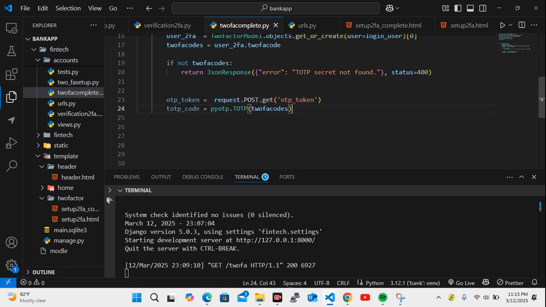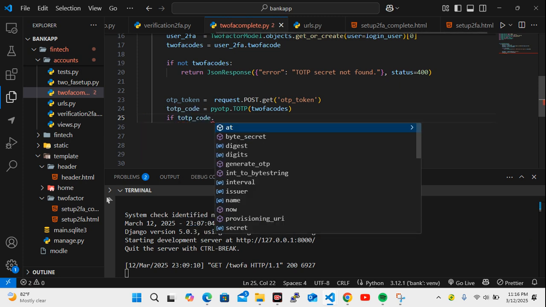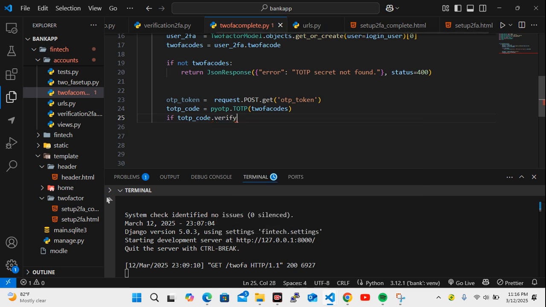We can say if TOTP token dot verify, right? If it is true, then we are going to verify this. So if it's verified, then what we are going to do is